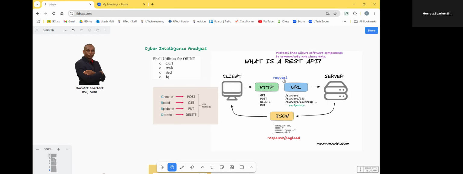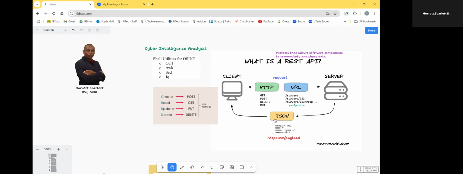When we're talking about an API, the request is really an HTTP request. And there are 4 distinct possibilities or 4 commands that can be used: get, post, delete, and put. In order to send this request, however, we need to target a URL. Specifically, the ending of the URL is classified as an endpoint. So we're going to send a request to an endpoint. And if we format this request properly, then the server will generate some response or some payload.